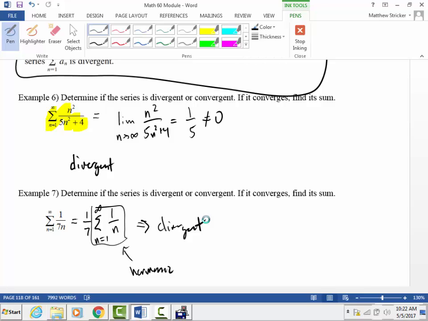You just take the limit of its sequence, and if the limit does not exist, or if we get something that's not equal to 0, that means the series diverges. If it's equal to 0,